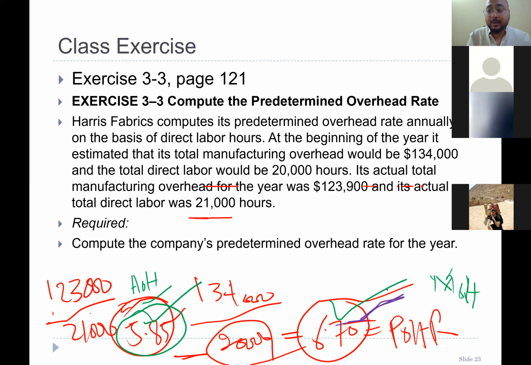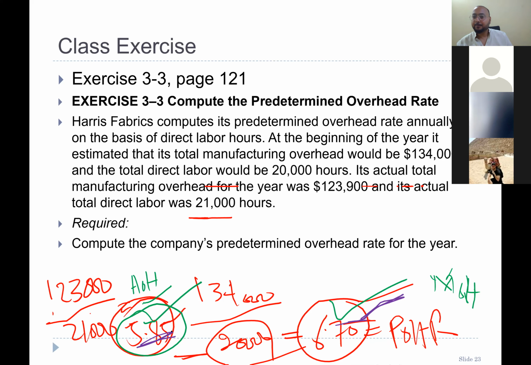But at the end of the year, the cost is 5.85. Is it good or bad? Coco, Junpyo, Ali. Yep. We estimated our cost is 6.7 at the start of the year,